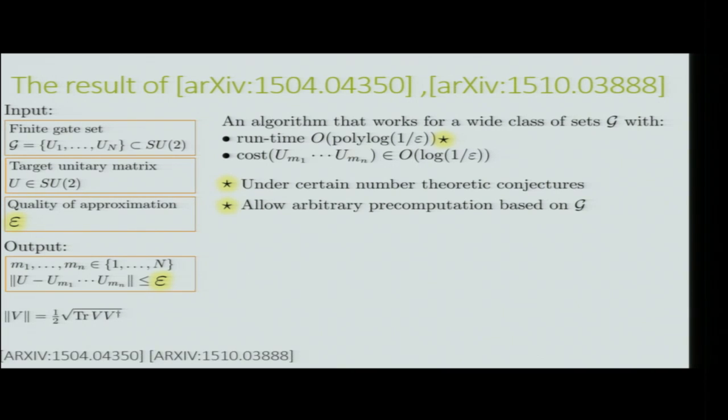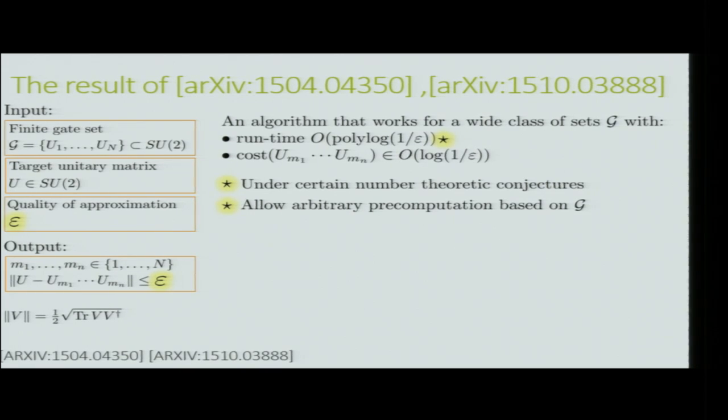Second, we again need to allow arbitrary precomputation based on G. If we do not allow this, we wouldn't be able to claim anything about runtime, because on the precomputation stage you have to